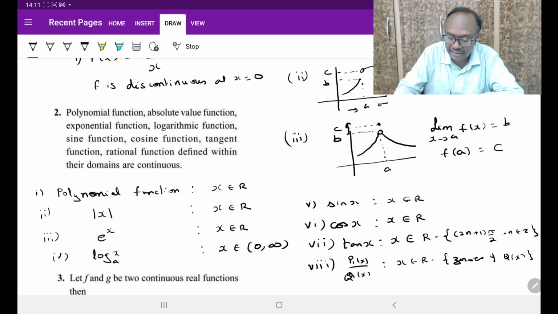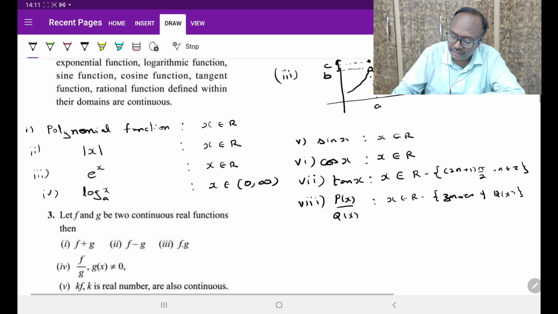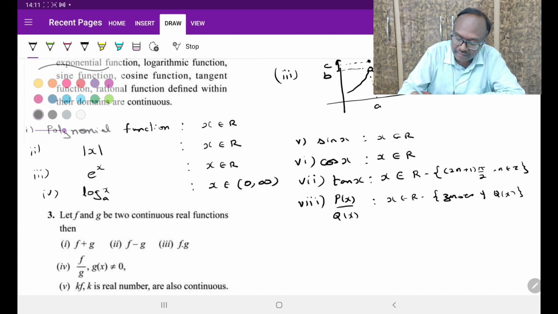When we have p of x by q of x as a rational function, where p and q are two polynomial functions, this function is continuous for all x belongs to R minus the zeros of the polynomial q of x, which means we have to eliminate those values from the real numbers where q of x becomes 0. Next, if we take further,